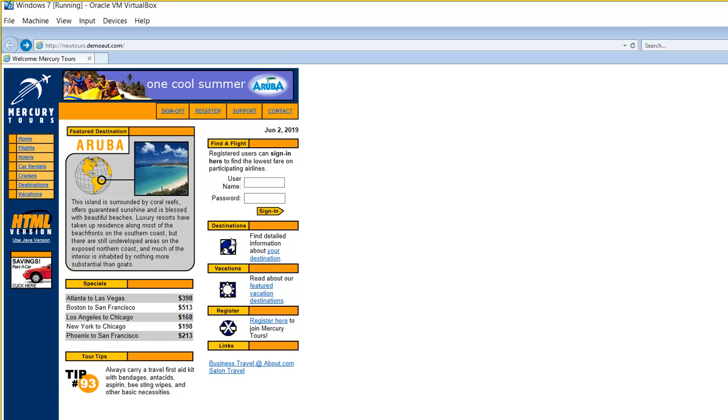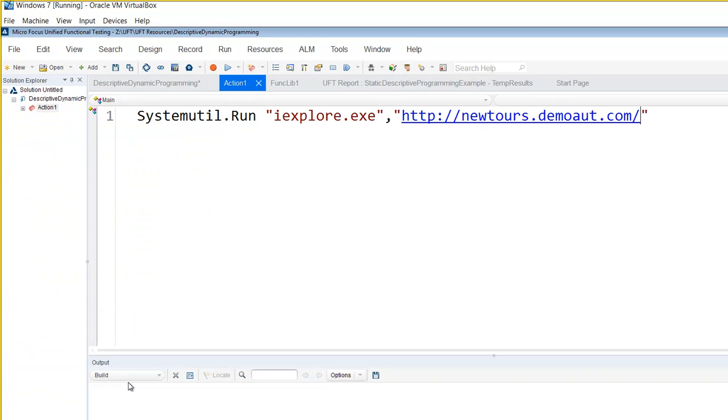Okay, so what I'm going to do, I'm going to write a description so that it will be highlighting all of the links. I'm going to write a description of object. It will create the description of all of the links in this page and it will be highlighting those links. So again, I'm telling you, I'm going to create a collection of objects here. How will I do that? So let's say